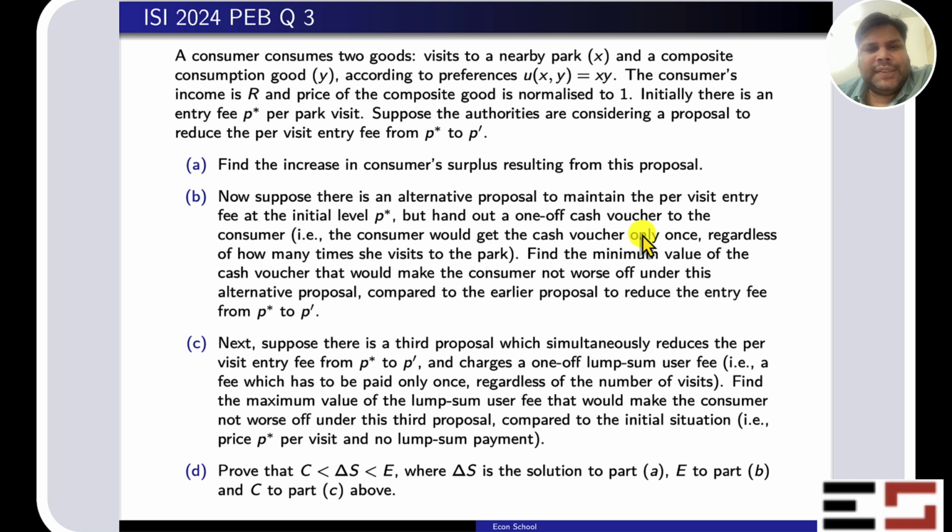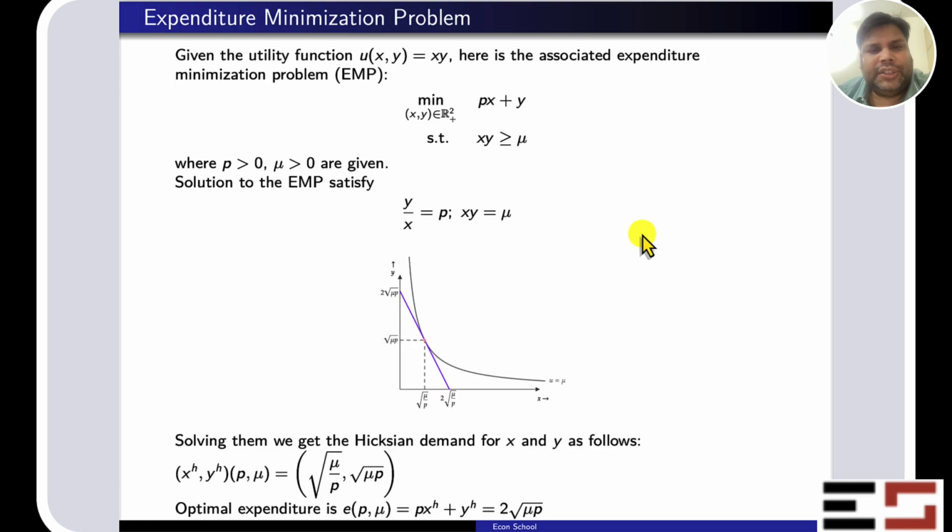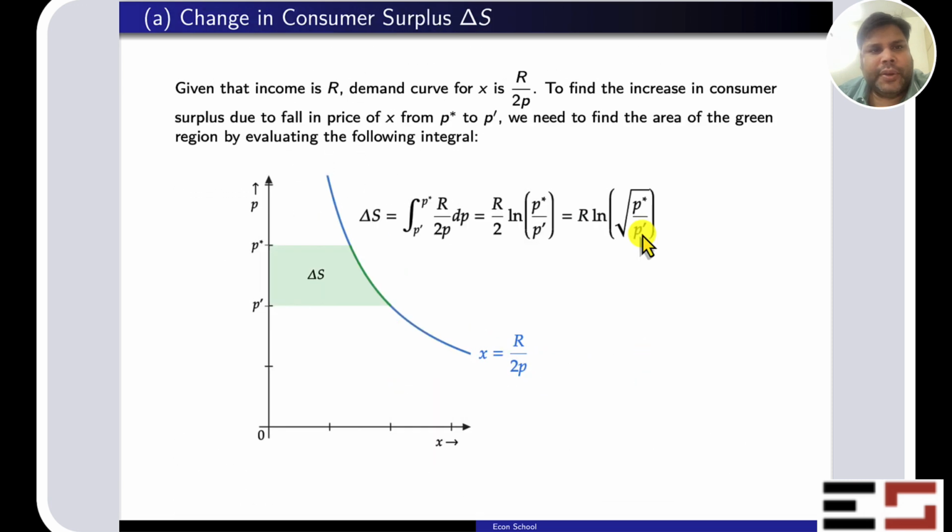How much is the value of the cash voucher that should be provided if, instead of changing the price from P star to P prime, you are just giving enough income so that he can achieve the same level of satisfaction at the original price? Okay, with this additional income. So this is basically here,